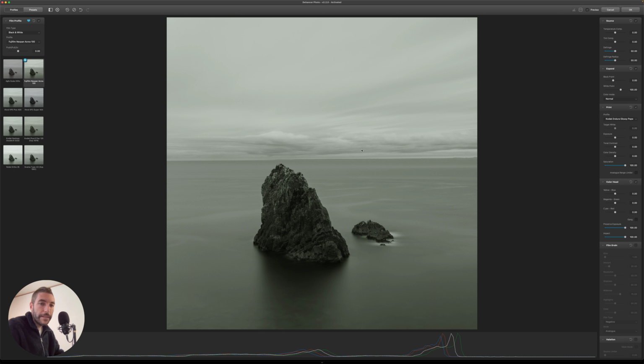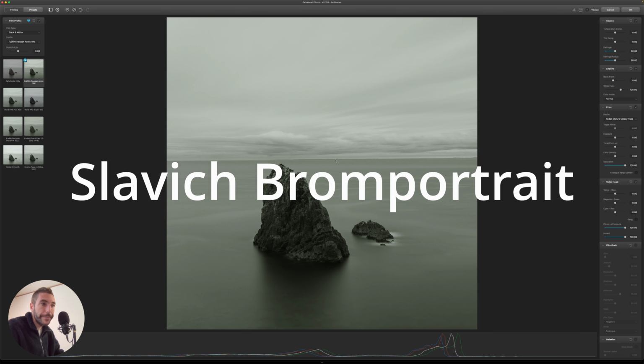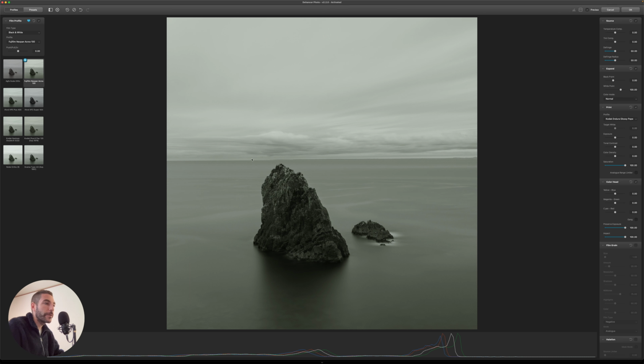I did reach out to the guys at the Enhancer and ask about that, and the reason for this green cast is that they print and test all their film simulations on this particular paper, which has this green cast to it. So basically that's the reason why. It's a really accurate simulation of the film printed on a paper with a slight green cast. So that's the reason for it. I don't particularly like it, but there is a really easy fix for this that I'm going to show you in a second. For now, let's stick with the default settings that the Enhancer puts for Acros.